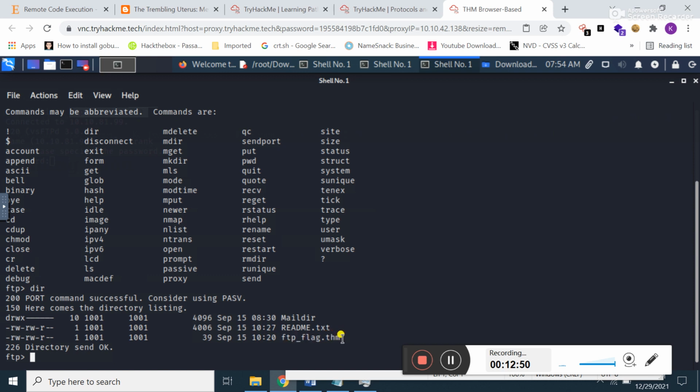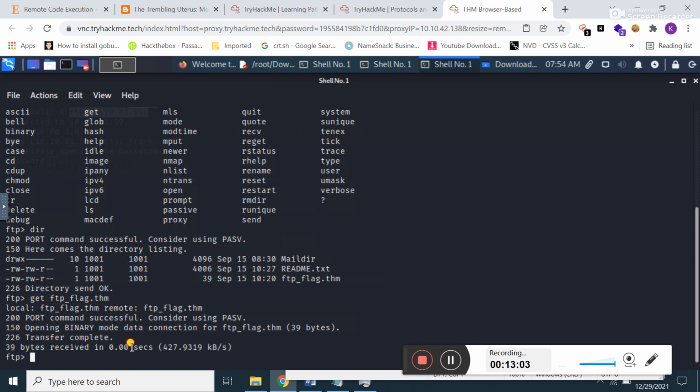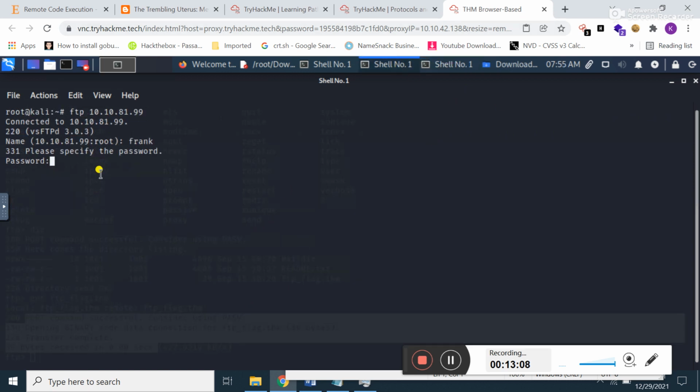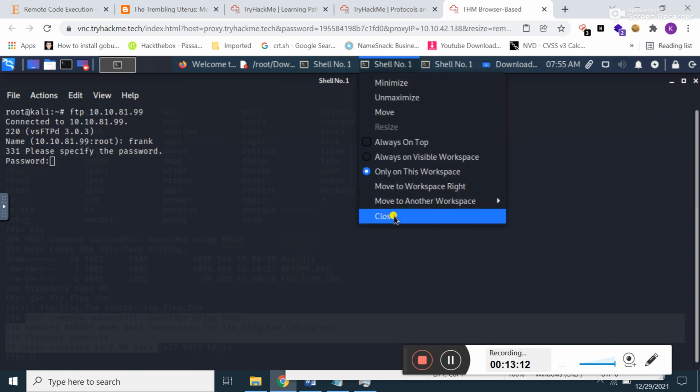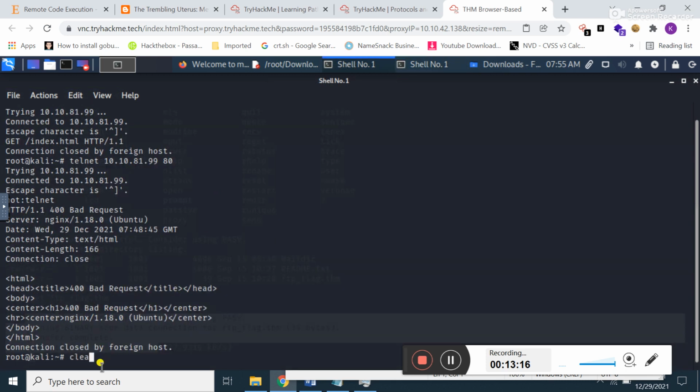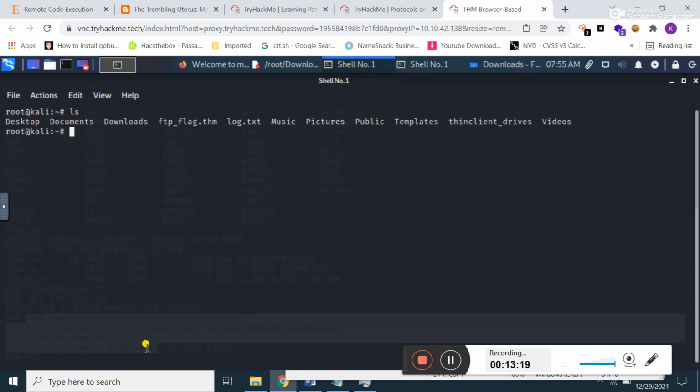Now it's time to get this file onto my local machine. If I type get and then the file name, that is ftp, and then flag.thm and press enter, the file is successfully transferred to my local machine. I will move to my terminal. If I type ls, see here the file is present.